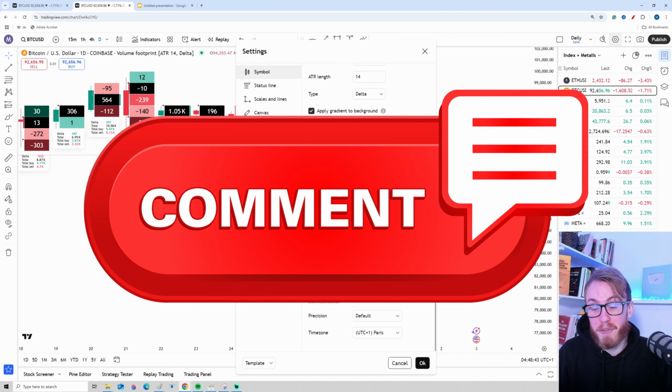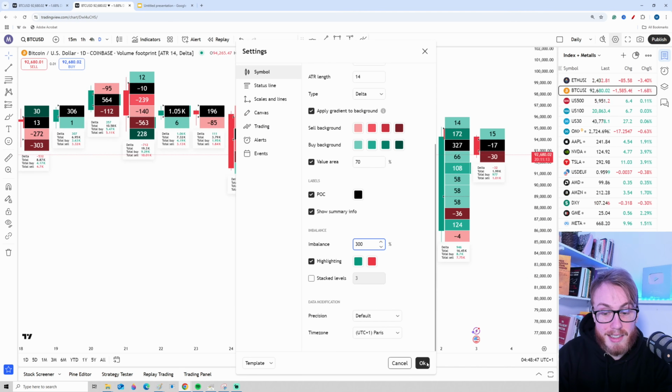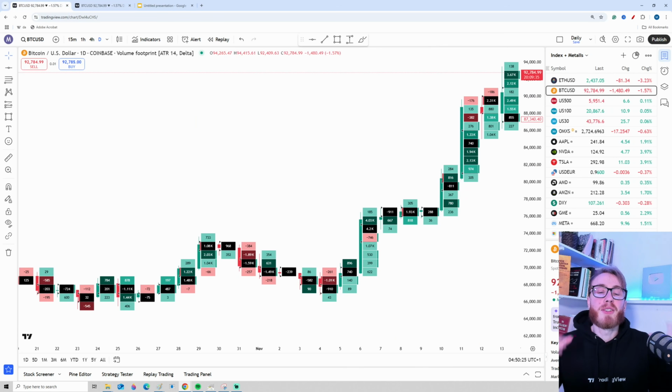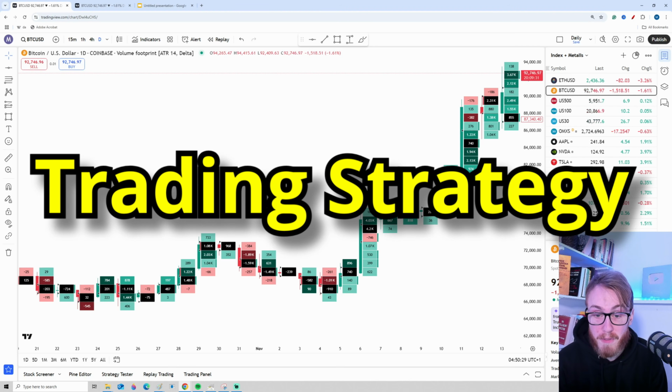That's definitely something I'm excited to do. But I think these settings are good for now, so we're ready to go down here and press OK. Alright, so now we are finally ready to take a look at how to actually use volume footprint charts